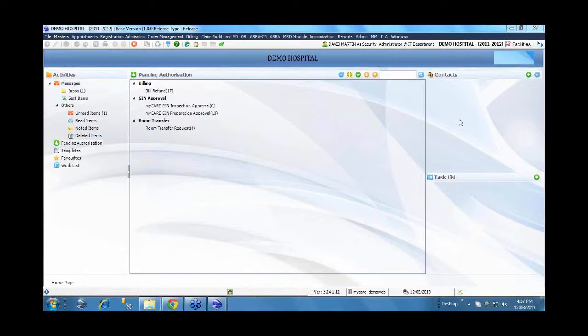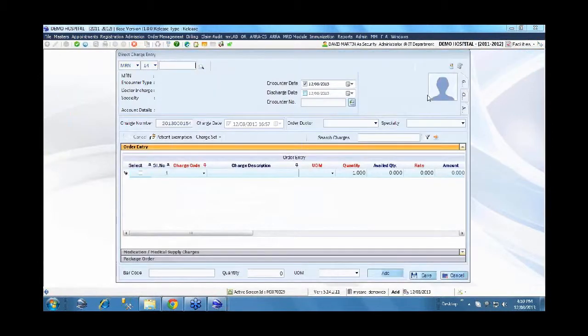Once the charge is done and everything is completed, we have a different work list called pending to be billed for the biller, wherein based on the login location he is in, whether he is logged in under lab or radiology or pharmacy, or is a centralized cashier who can collect payment against any of these departments, depending again on the user rights set against this particular user.